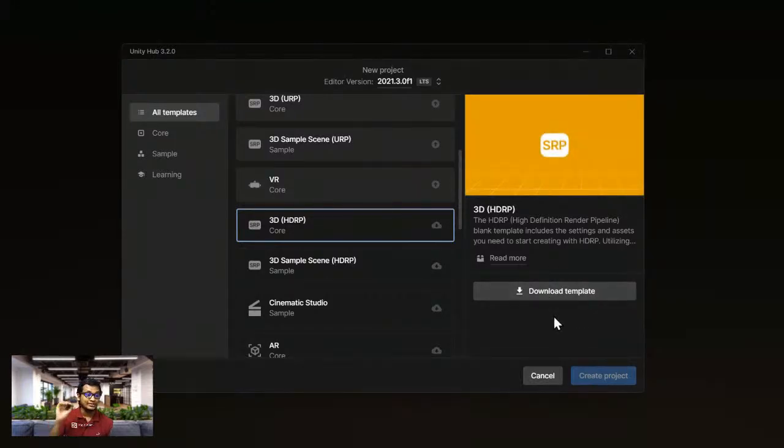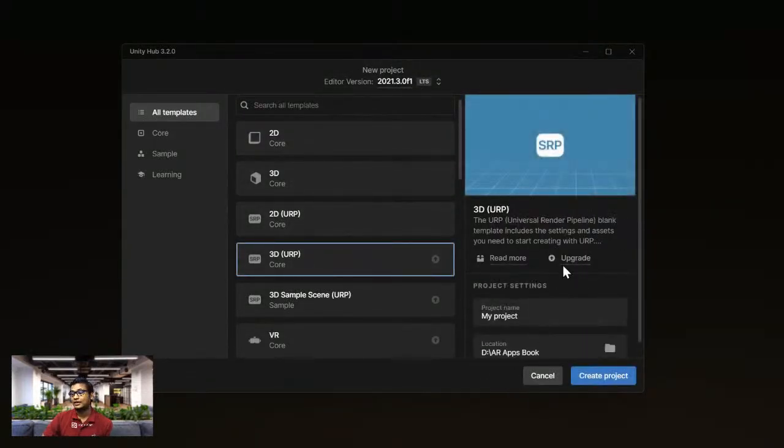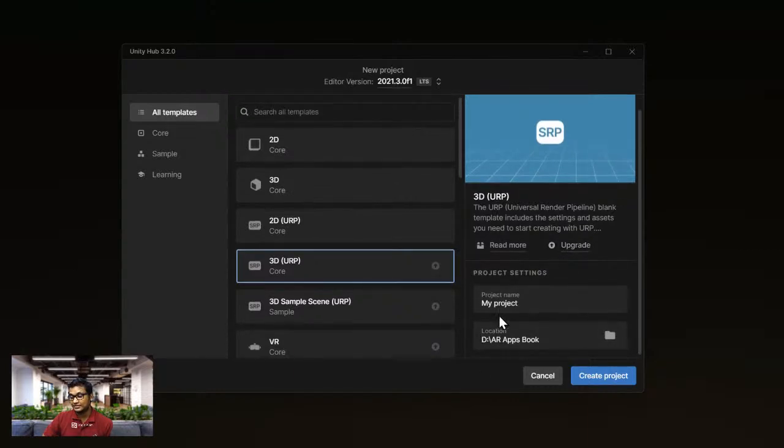You have to download a certain template from Unity Hub. If you're using the latest Unity Hub 3.2 version and 2021, right? If you're using an older version, you may not need to download, but with this new version, you have to download a URP template. I already have it, so this is